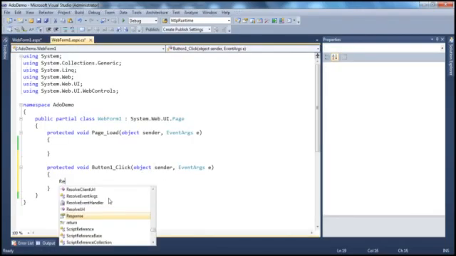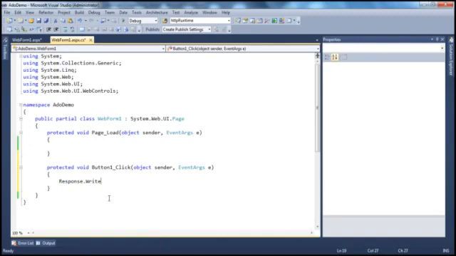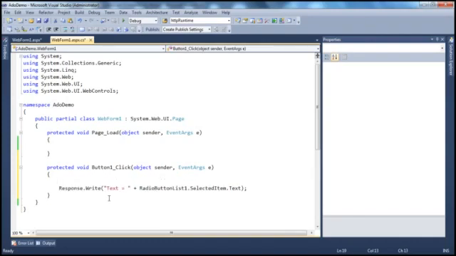And how do we do that? Response.write. So text is equal to radioButtonList1.SelectedItem.Text. And if you remember from the previous sessions of this video series, if the user has not selected any item, then the selected item,